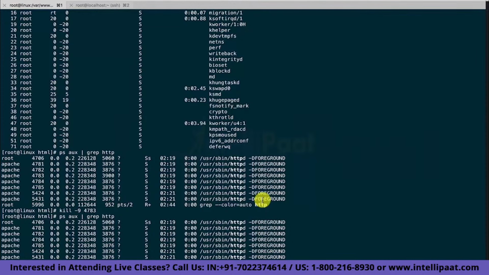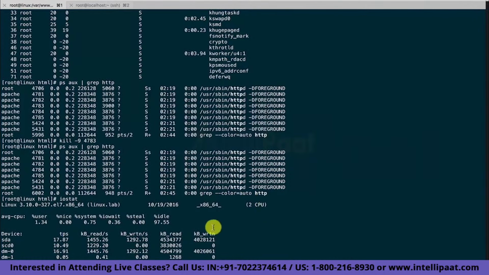But if it is a production system, you should be careful, you should know what you are doing and then use it. So this way there are various types of process monitoring commands, like ps, top. Then apart from that there are certain other commands like iostat, which shows the IO stat value, that is the input output statistics, the number of transactions going in per second, TPS, how many files are being read from this